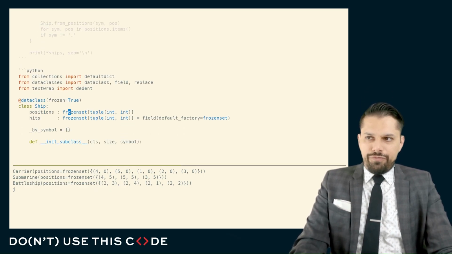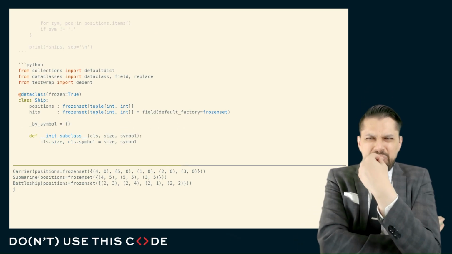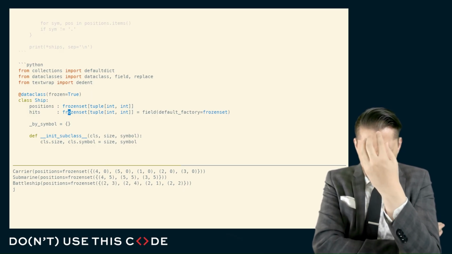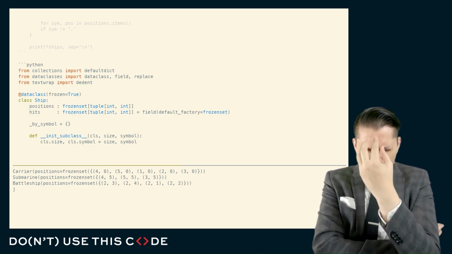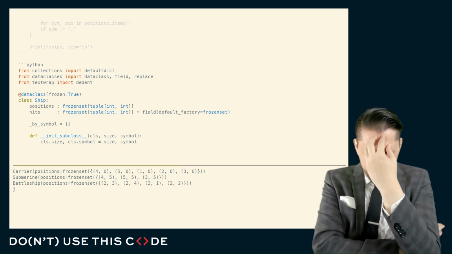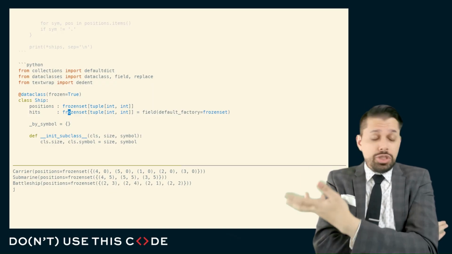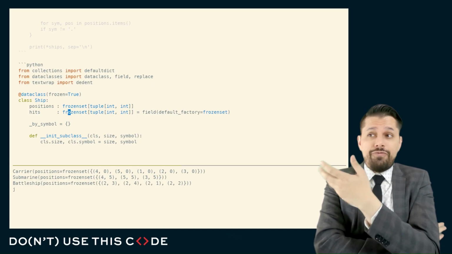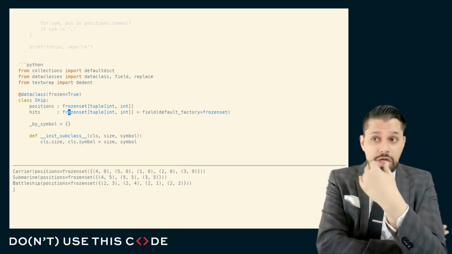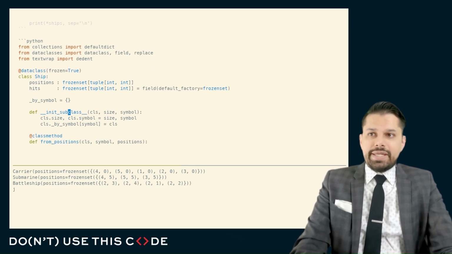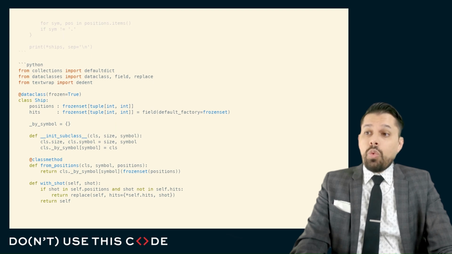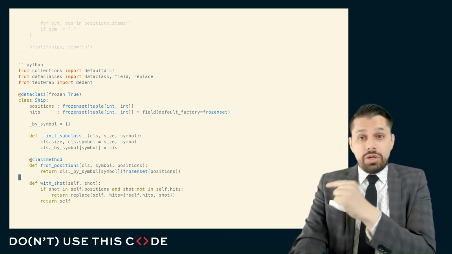Well, we can go a little bit further than that, and we can say, part of the purpose of this game is not just to know where the ships are, but to know what state the ships are in. Have they been hit or not? So we could have another structure, a frozen set of each location that has been hit so far, and extend this slightly further. We may desire to make this code immutable,